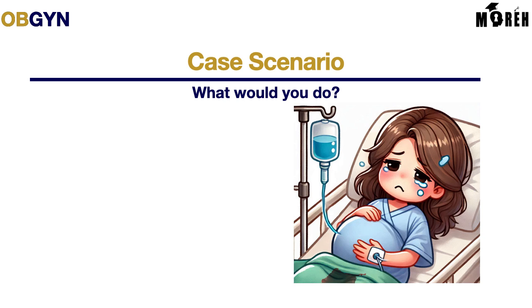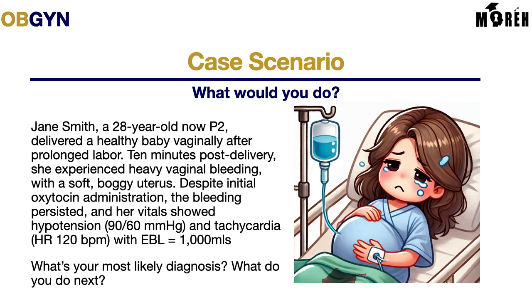Imagine you're the doctor on call, and the nurses in the maternity ward or labor ward call you that Miss Jane Smith, a 28-year-old, now para 2, delivered a healthy baby vaginally after a prolonged labor. 10 minutes post-delivery, she experienced heavy vaginal bleeding with a soft, boggy uterus. Despite initial oxytocin administration, the bleeding is persistent and her vitals show hypotension with a BP of 90/60 millimeters of